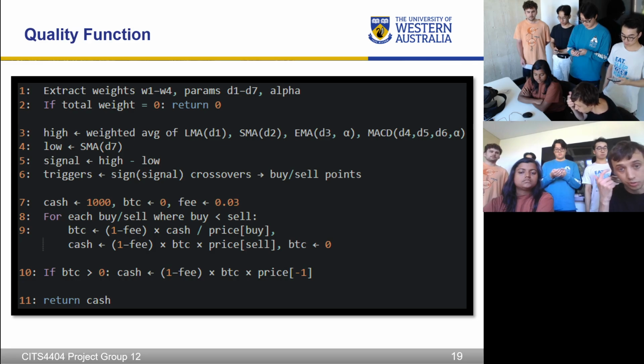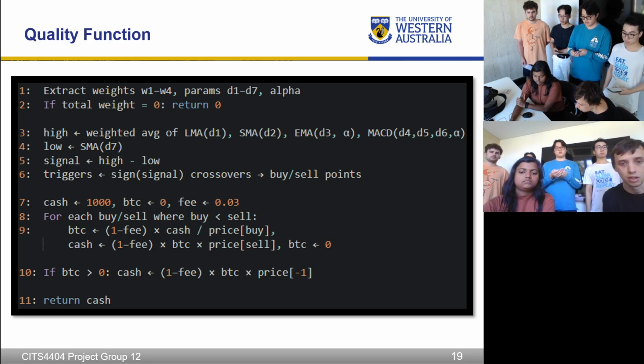Following the project specification to simulate buying and selling bitcoins, we took an initial $1,000 cash and a 0.03% transaction fee, and we return how much money is left as a quality score for